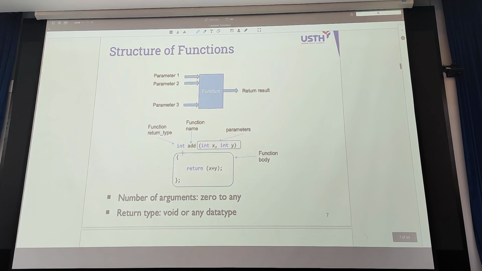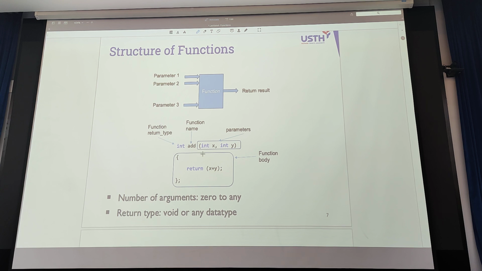An example over here. In this example, how many inputs? There are 2 inputs, the x and the y. And the function name is add.